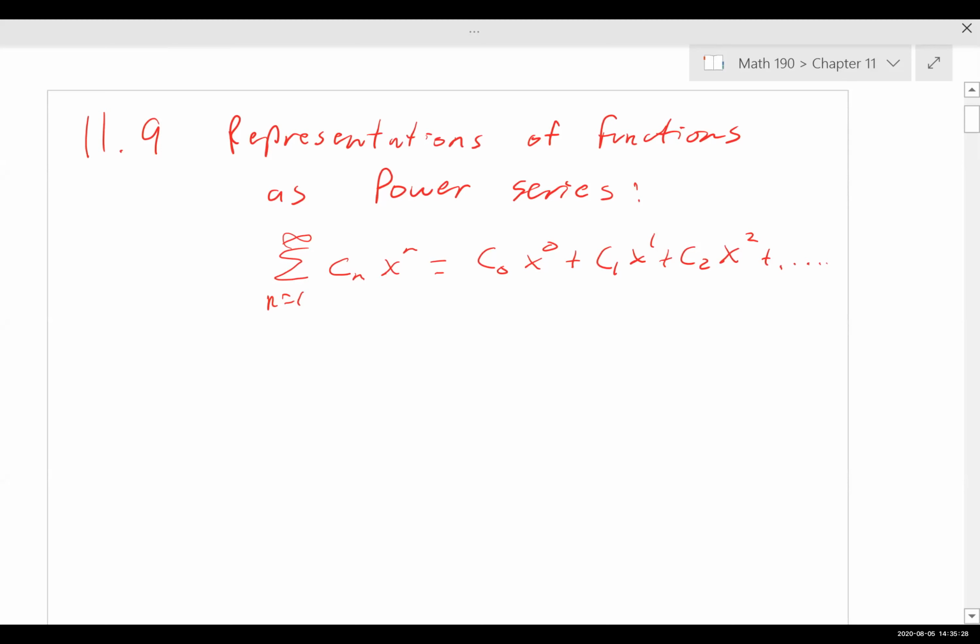Okay, so let's look at the following series. Let's look at the series 1 plus x squared plus x cubed plus x to the fourth plus dot dot dot plus x to the nth plus dot dot dot. That's a power series. So what would this thing look like? Well, c sub n would always be 1. It would just always be 1. And so this would be the summation